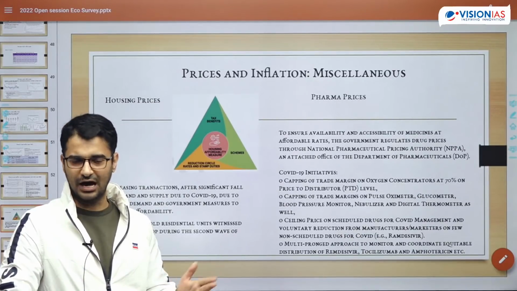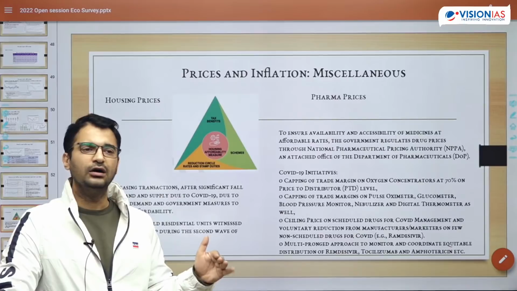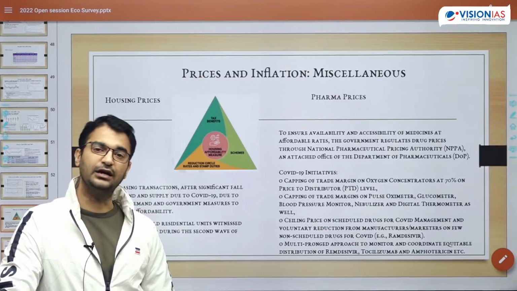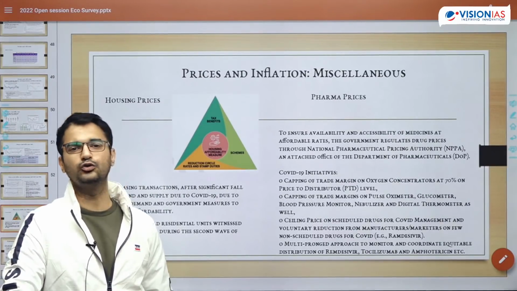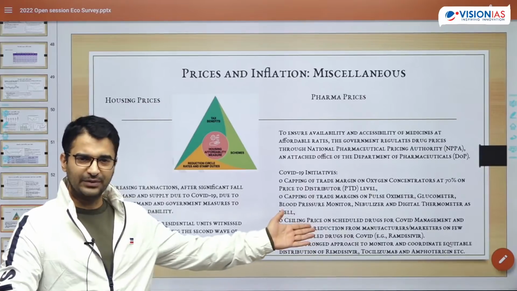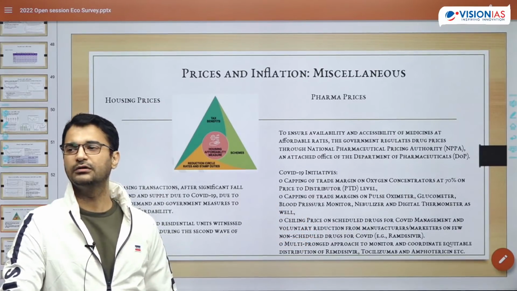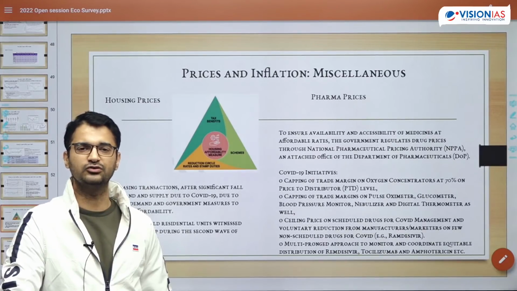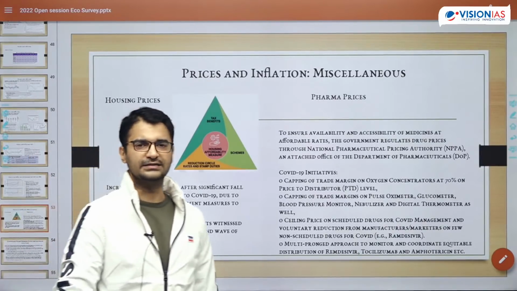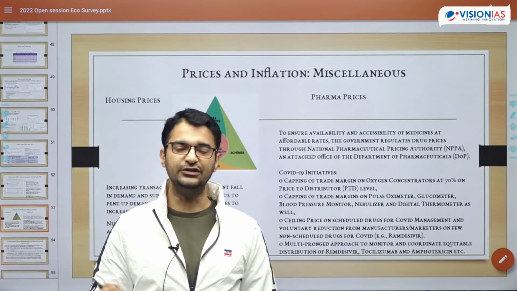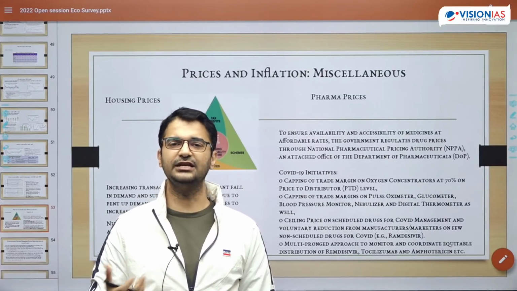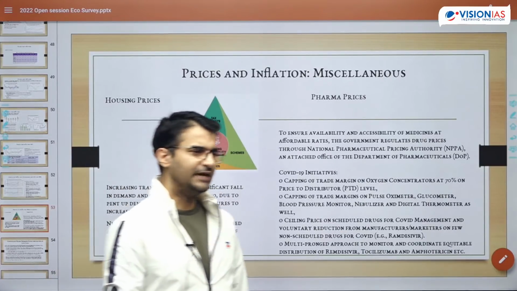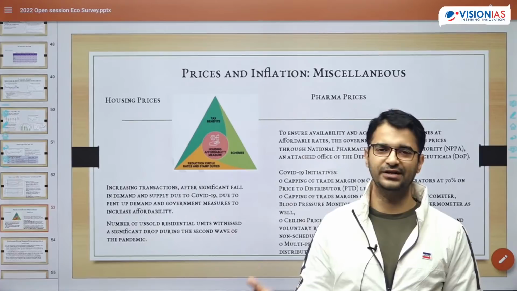Housing prices in most places are somewhere around the same level as compared to what they were in 2019. In some places they are high, as in they continue to increase despite COVID. In some places they continue to decrease because of COVID. Similarly, for pharma items, the Economic Survey talks about the price control measures that have been taken with respect to pharmaceutical components such as medicines, instruments such as stents, knee replacement, price control that government has implemented, and steps taken to cap the prices of concentrators,